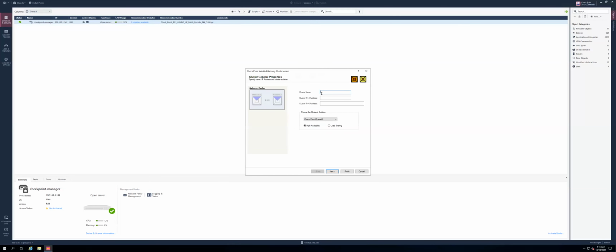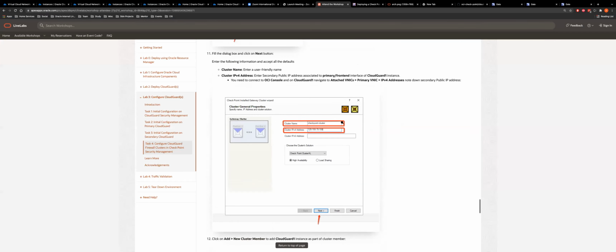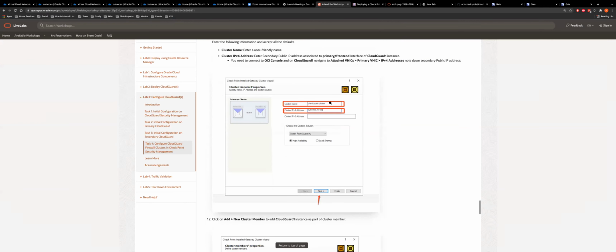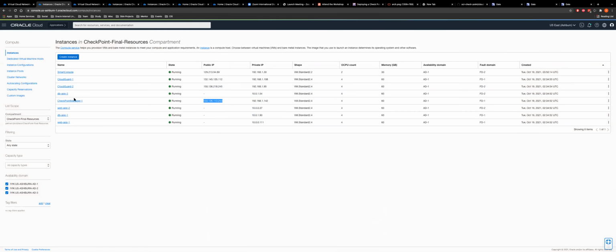Enter the cluster name, so checkpoint cluster. It could be any generic name. Once you click on wizard mode, we enter the checkpoint cluster name and the IP address. So where would this IP come from? As you see, this cluster IPv4 address is the secondary public IP address associated with the primary interface of the CloudGuard instance. So if you go into the CloudGuard instance here,